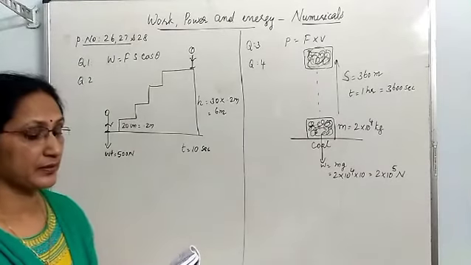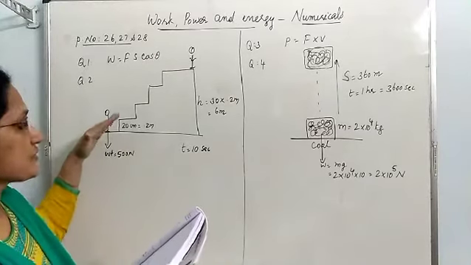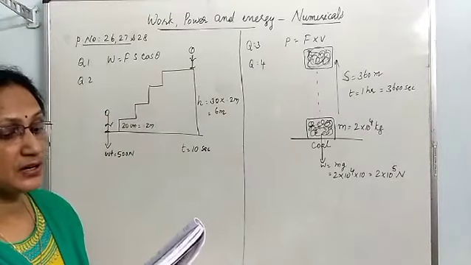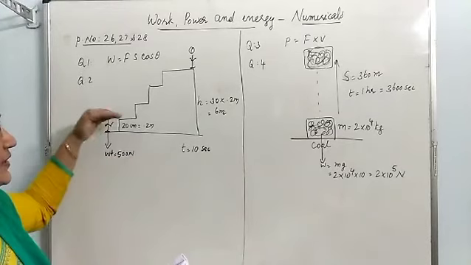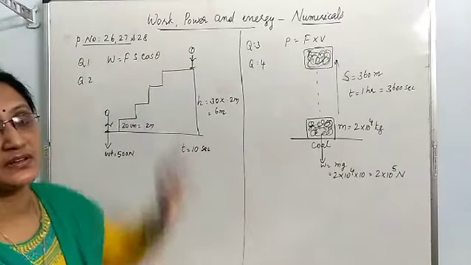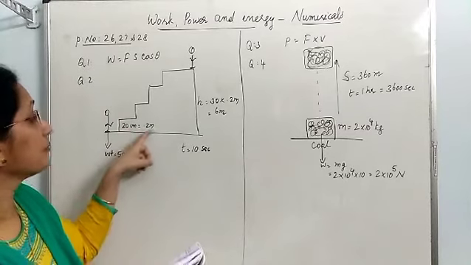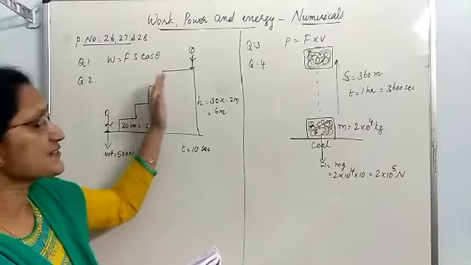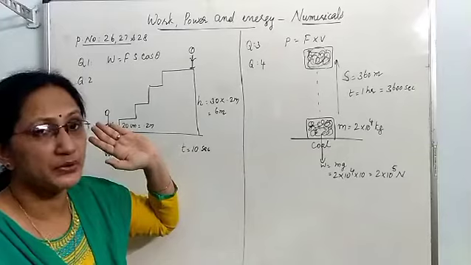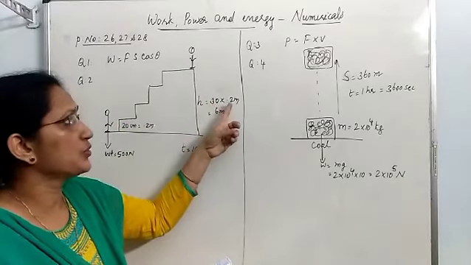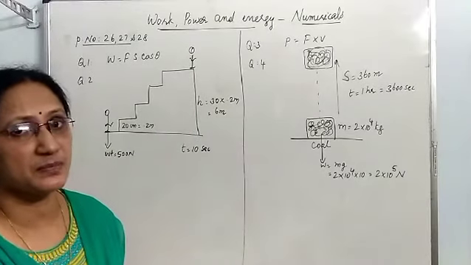Next, question number 2. A man weighing 500 Newton body weight moves upstairs up to a flight of 30 steps. A man having 500 Newton body weight climbs stairs. He climbs 30 steps, and the height of each step is 20 centimeter, meaning 0.2 meter. Like that, 30 steps are there. So finally when he reaches here, the vertical displacement happening to the man is the number of steps into the height of each step. That means this vertical displacement is 6 meter.